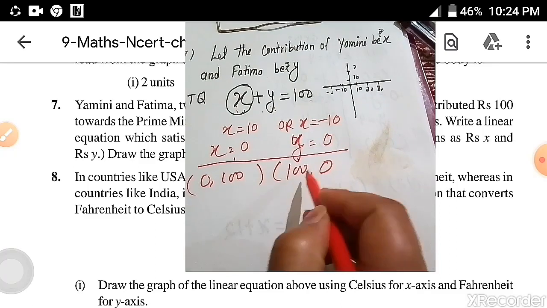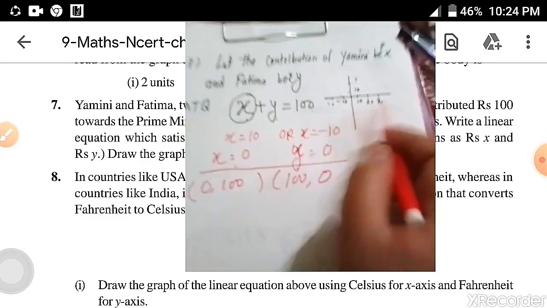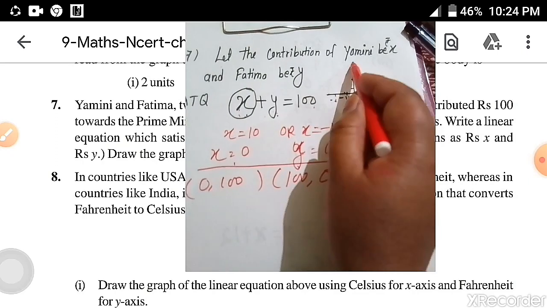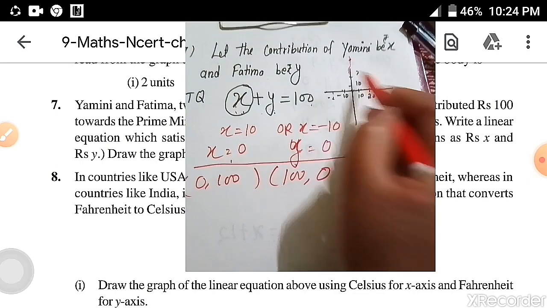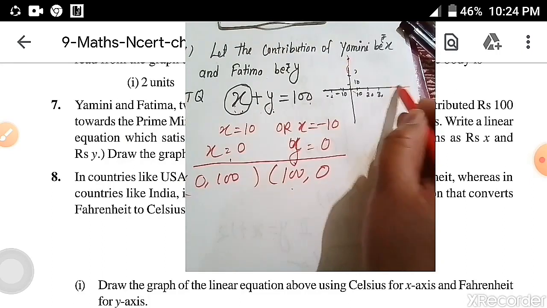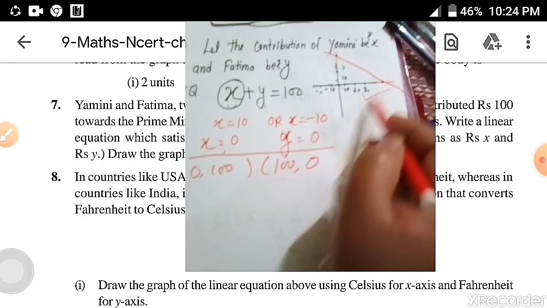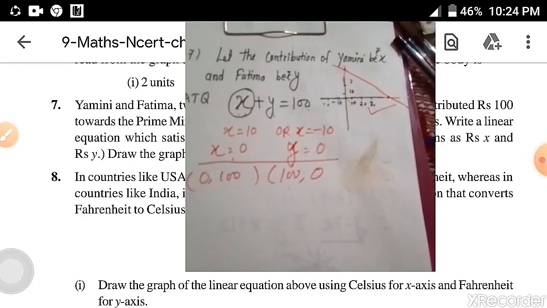So these 2 points you will locate in this graph like 10, 20, 30, 100. The first one is (0, 100). You will get it somewhere there, and (100, 0) you will get here. Now if you join the line, you will get such a line, and this is the answer of the